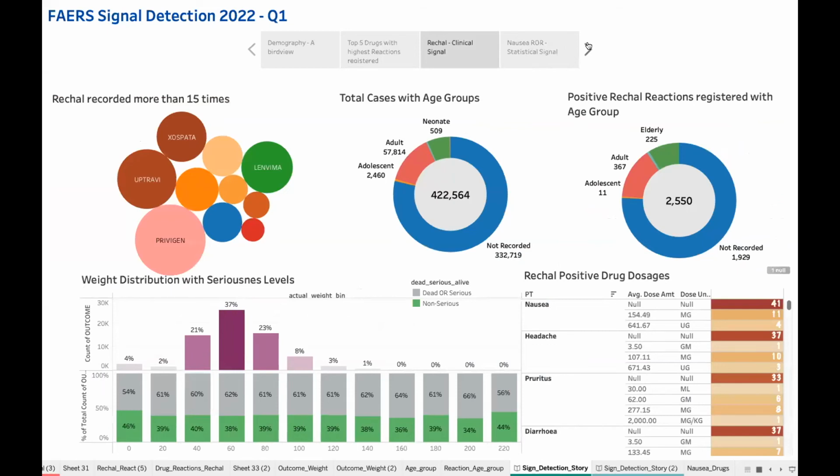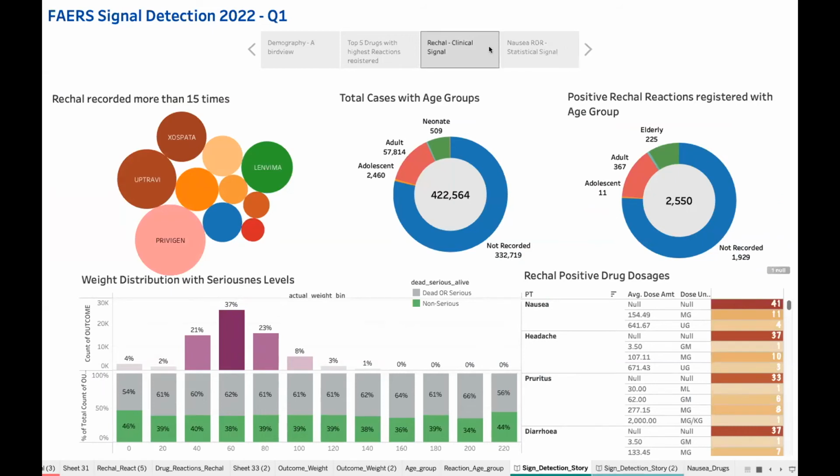Actually, Dushyant has explained pharmacovigilance excellently, and he has given a couple of explanations on how signal detection is performed in the industry. Signal detection is a process of actively searching for and identifying safety signals from a wide variety of data. In signal detection, we broadly classify into clinical signals and statistical signals.